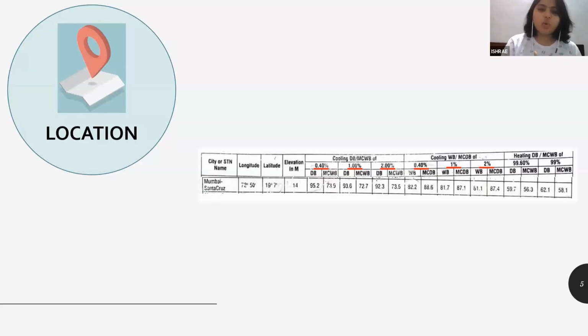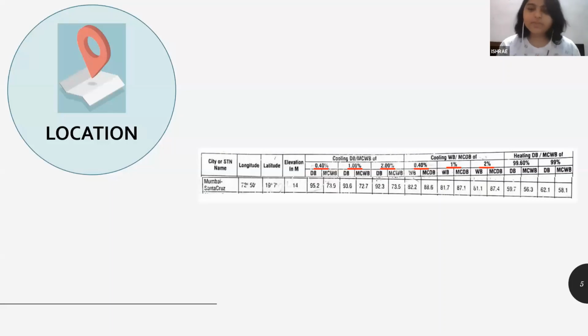And now this precision level, what you all should consider is basically the application of the space that you all are designing for. If it is a hospital, then it is very important for you all to have precise heat load calculation, so you will go ahead with the values under 0.4%. If it is something like a warehouse or a kitchen, then you don't need such precise wet bulb or dry bulb temperature. You can go ahead with 2%.